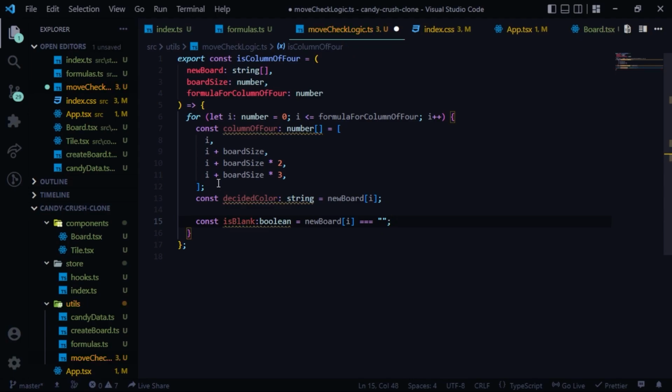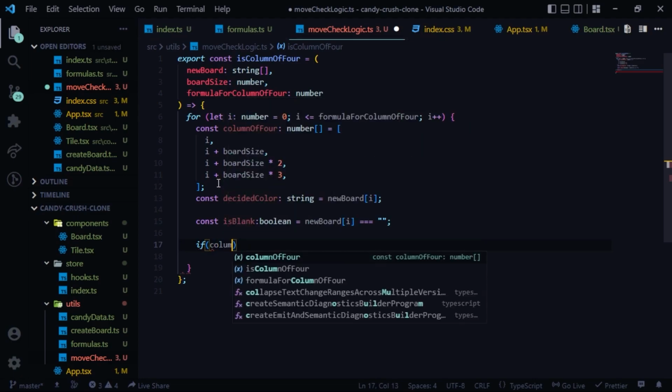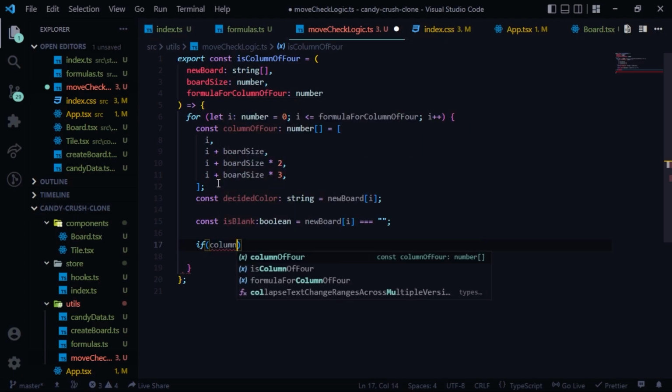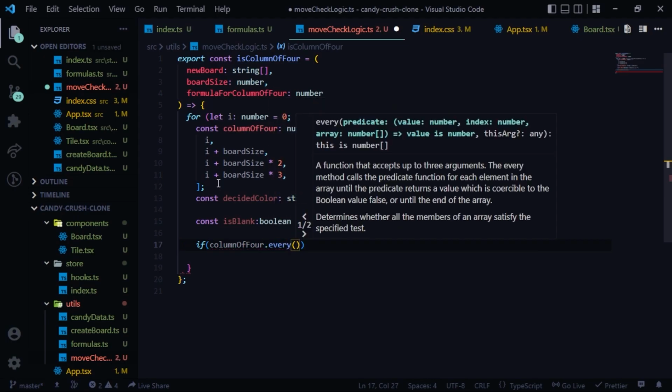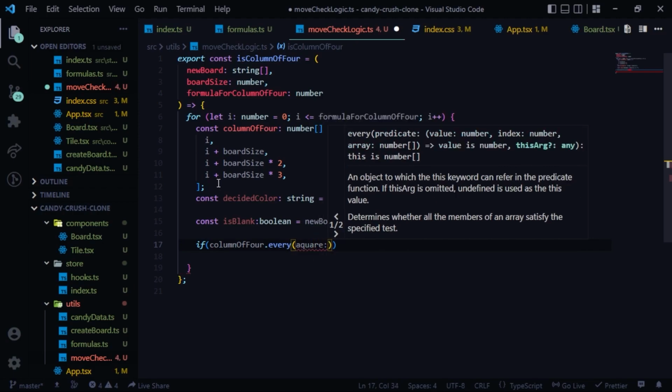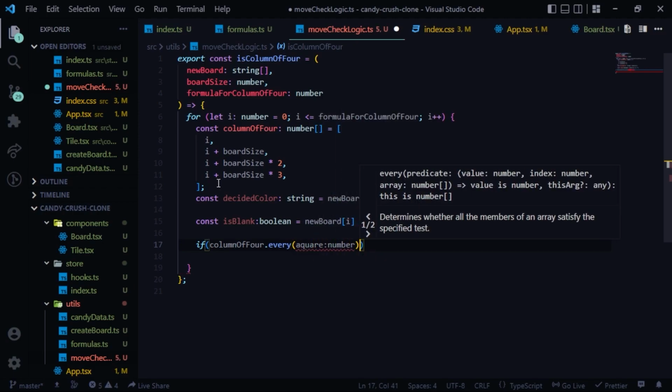So if we match any four candies, then we are going to remove that image from that board and replace it with an empty string. So we are checking if it is already blank. So this would store true or false, and after this we'll have an if condition, and inside this column of 4 dot every, we want to check for every element inside the column of 4,